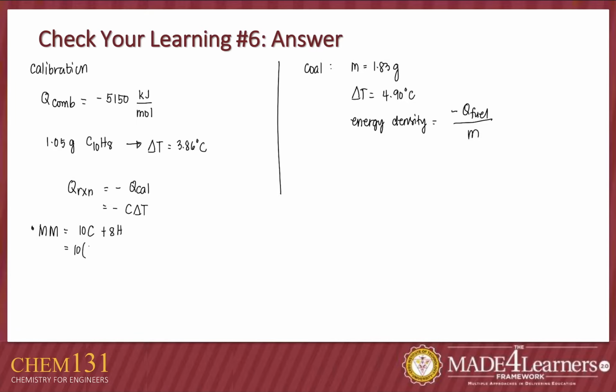So, that is 10 times 12 plus 8 times 1, and that is equal to 128 grams per mole. After which, we can now solve for the heat of the reaction. How much heat is released when 1.05 grams is burned? So, 1.05 grams of naphthalene,